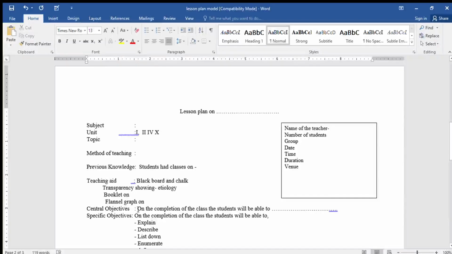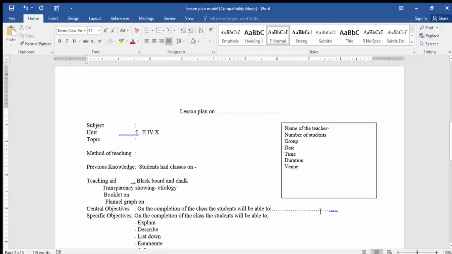Next is the central objective. We have two types of objective. One is the central objective, the second one is the specific objective. The central objective is the main aim of your class. On completion of the class, the students will be able to